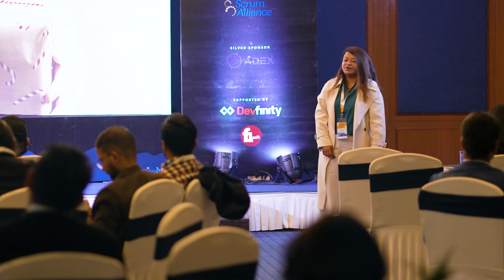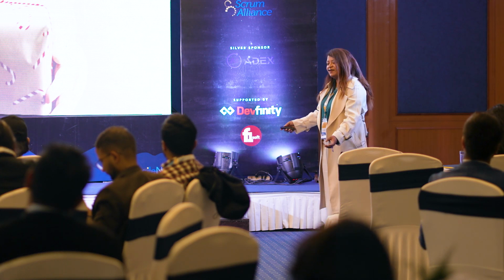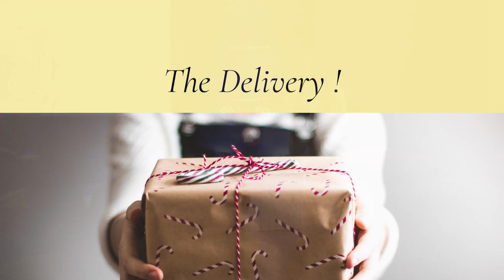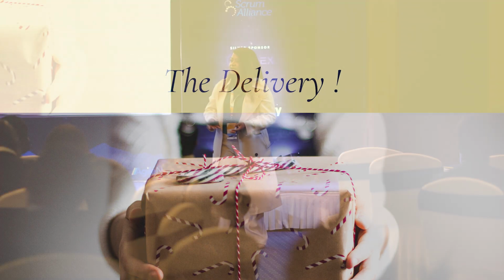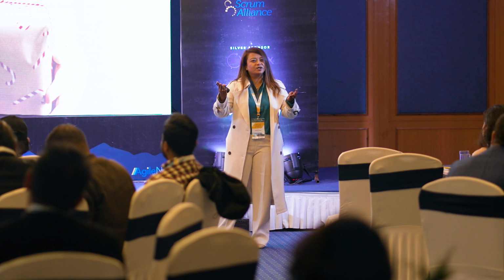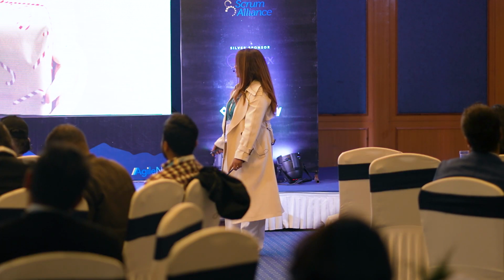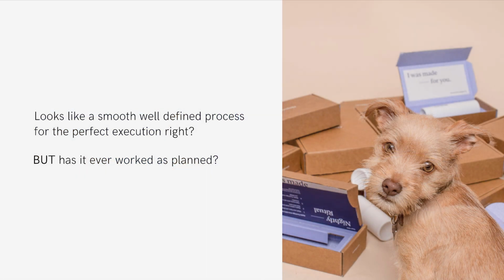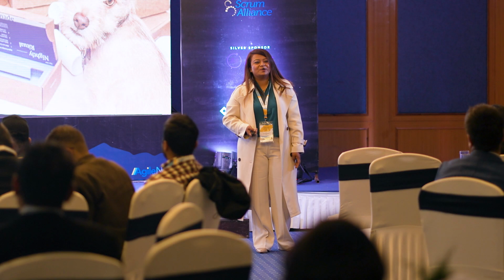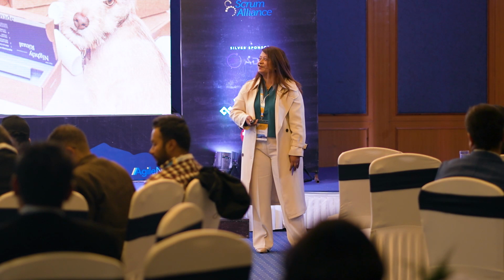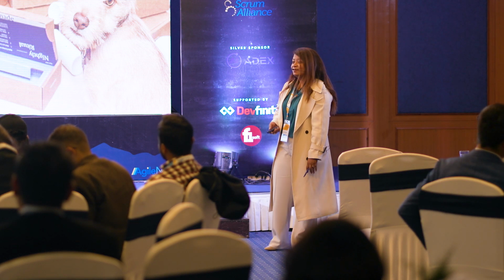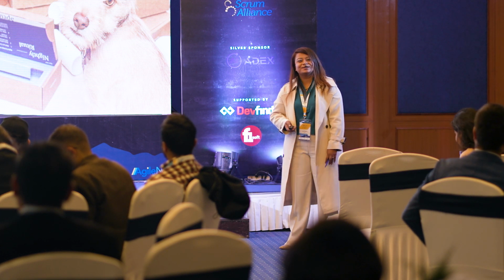All right, moving ahead. So the 5 events are done. Then we start working in cycles of these events. Then you finally come out with the product. Everything works well. We hand over the product to the client, right? Everything seems smooth. So you did everything as it was supposed to be by the book. You should meet the deadline. No issues should have come up. But has it actually ever worked that way?